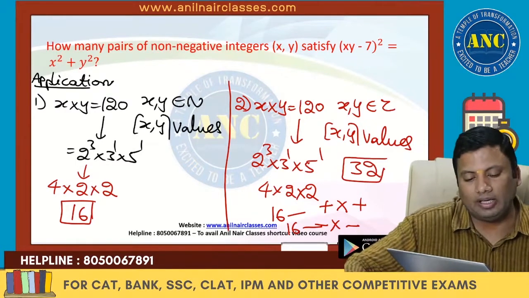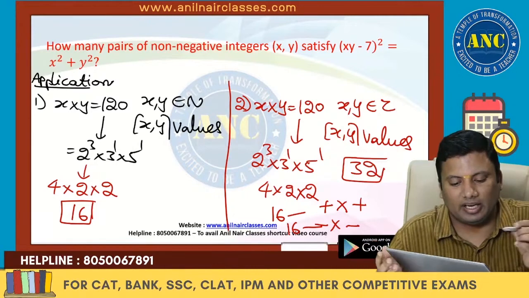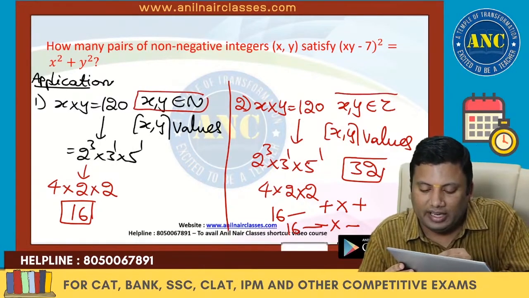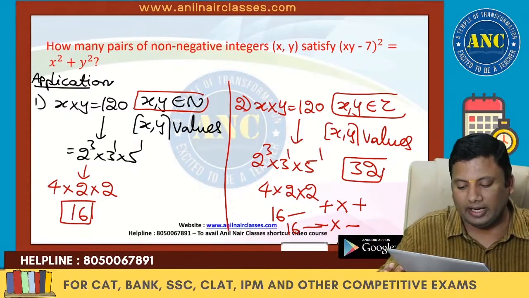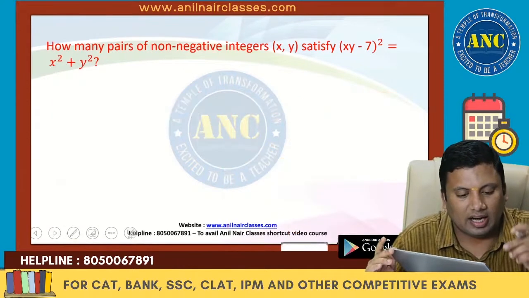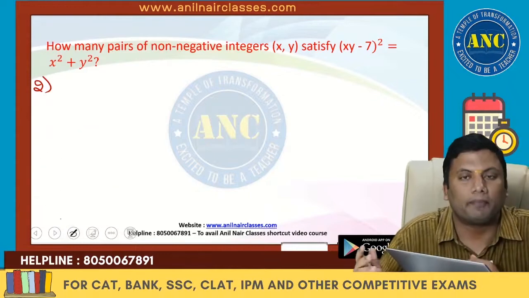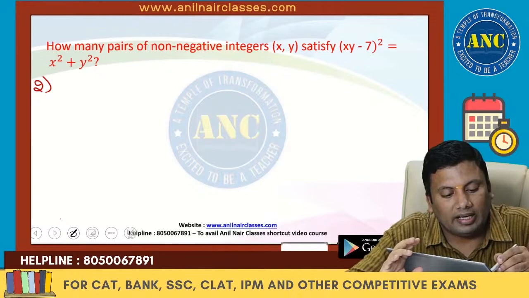First key point and its application. If it is natural numbers, only positive values. If it is an integer, positive into positive and negative into negative: 32. I hope it is clear, right? Only when you understand the concept and apply it, your ability to use the concept will grow exponentially.